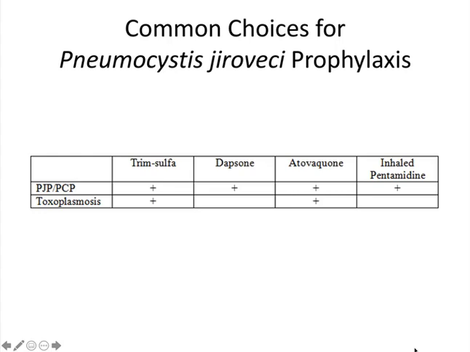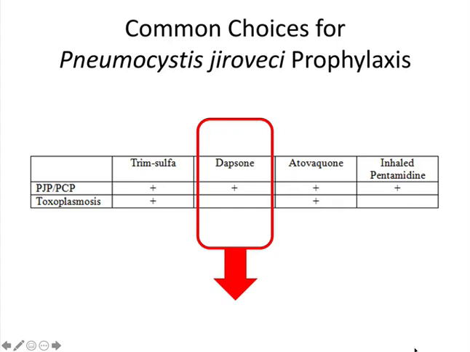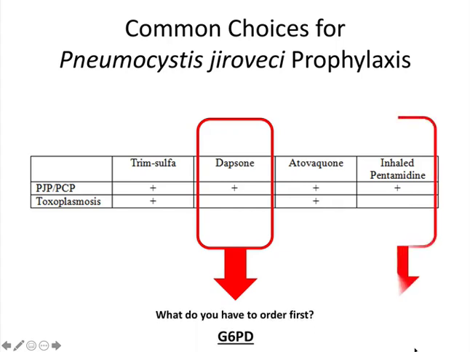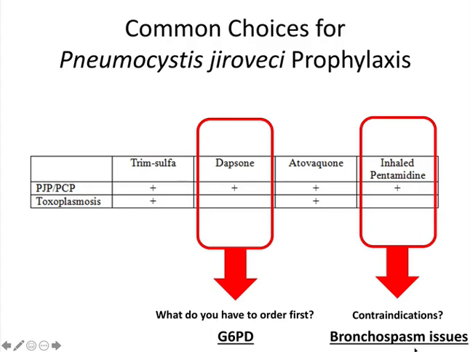And then it also covers for toxo, just like atovaquone, but if you use dapsone or inhaled pentamidine, you only get the PCP coverage. Well, for our particular patient, before we go back to the case, there are just two other caveats. With dapsone, you have to order a G6PD first, and for inhaled pentamidine, please make sure that you are not hitting one of the contraindications, being that the patient has asthma, bronchospasms, or reactive airway,